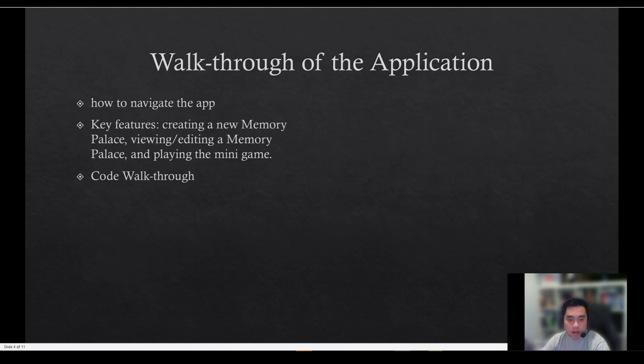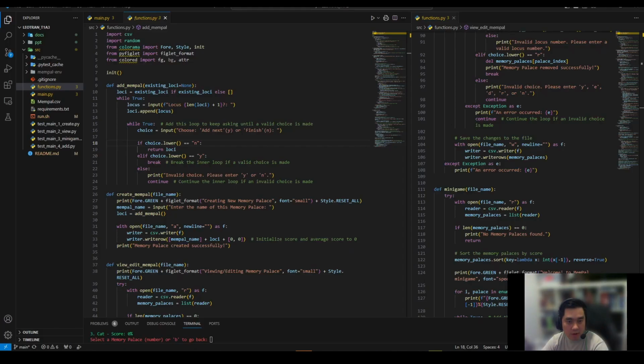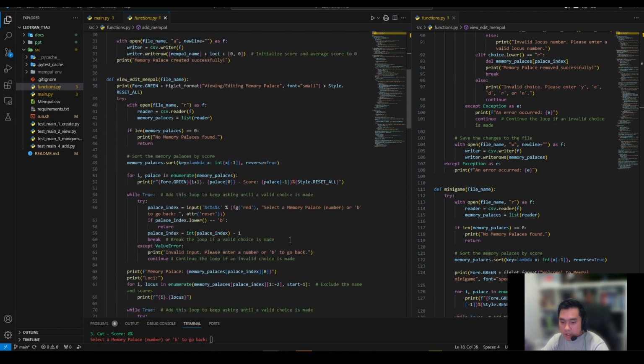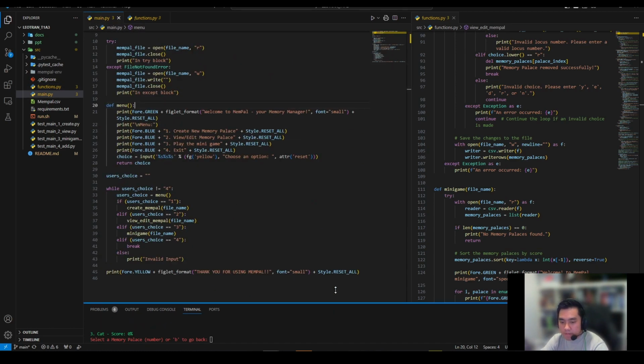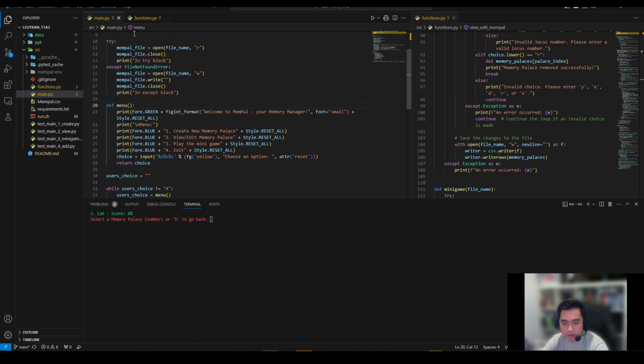So I'm gonna give you a walkthrough of my terminal application. Let me open the application. So this is the code of the function. This is the code of the main file. So there are three main files for this application: the main file, the function file, and the MemPal CSV. Okay,